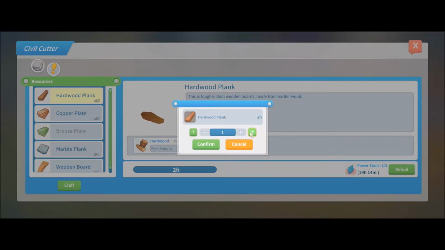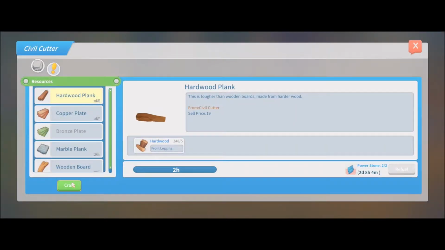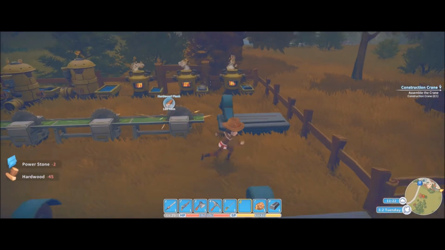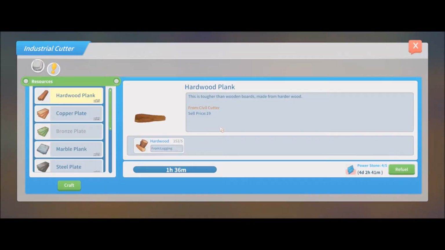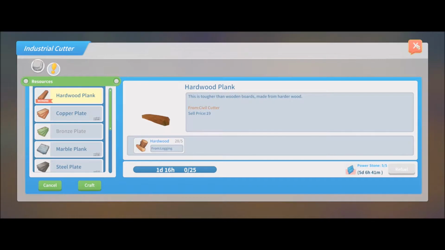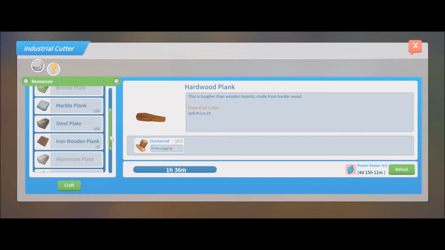And let's go ahead and just continue with the hardwood planks, since apparently I don't need these for any reason. I'm actually starting to run out of hardwood. Not desperately so, but... Oop, I had to sneeze there. Sorry about that. And get these hardwood planks going. Alright, so, but for these two...